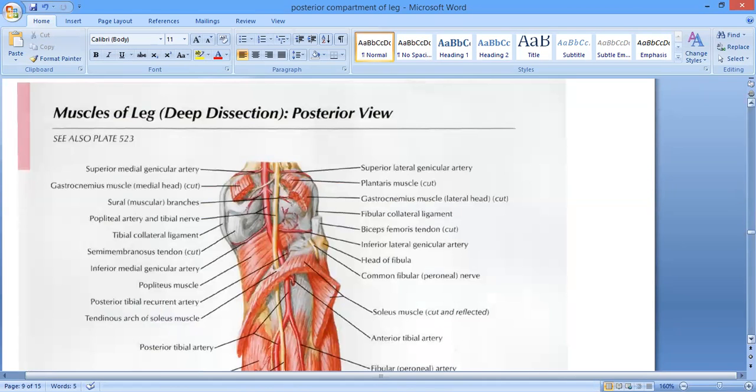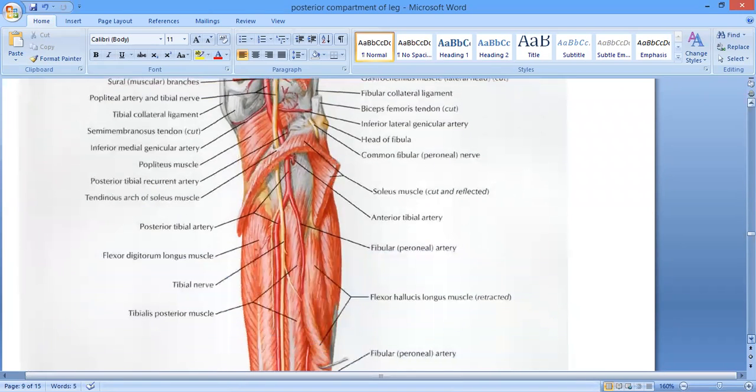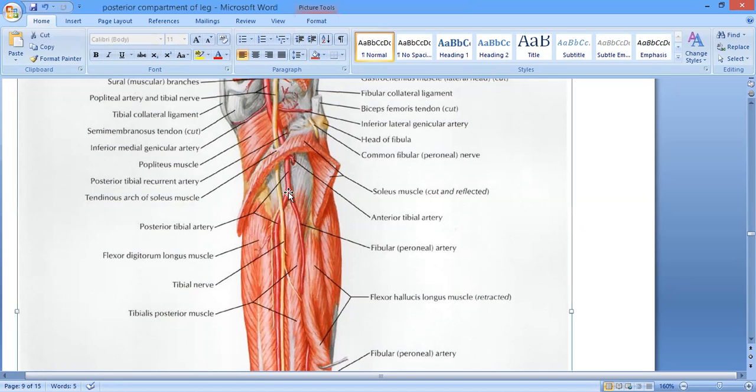This peroneal artery or the fibular artery is the largest branch of the posterior tibial artery, and it is going to supply the posterior and the lateral compartment of the leg. It begins about 2.5 centimeters from the lower border of popliteus, where it takes origin from the posterior tibial artery, and then it runs obliquely downwards towards the fibula. Here you can see the fibula.